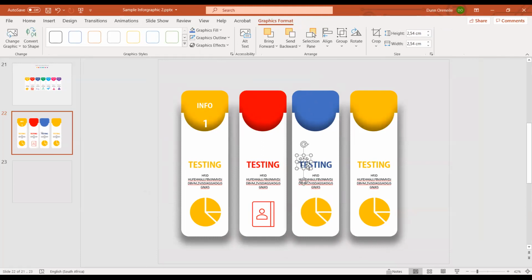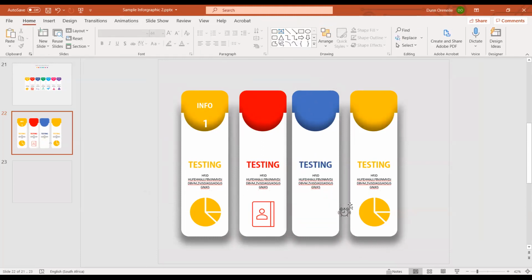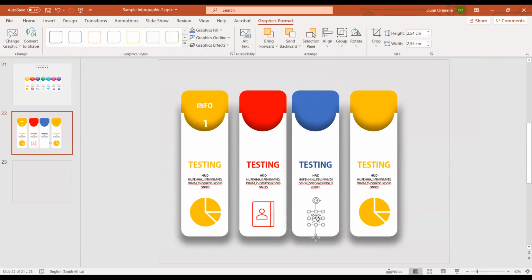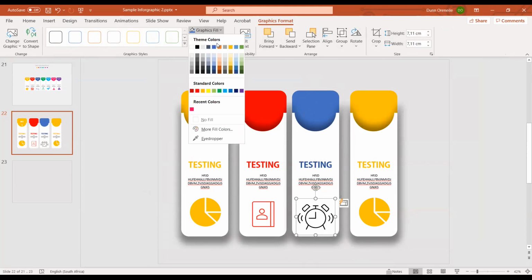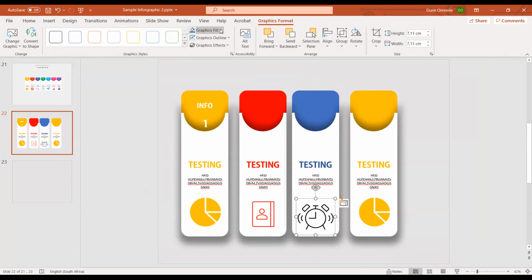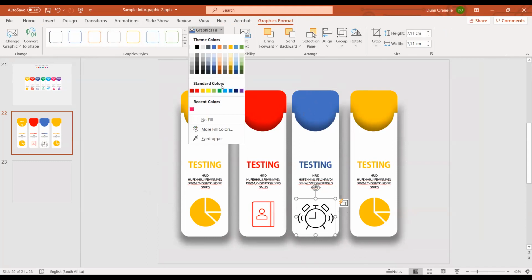Oopsie. I can remove this icon, enlarge my new icon, change the color of my new icon to blue,